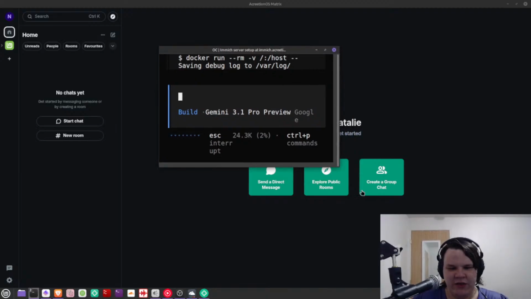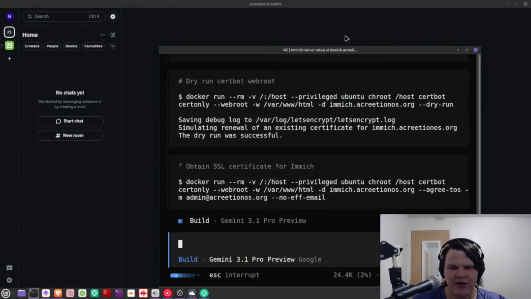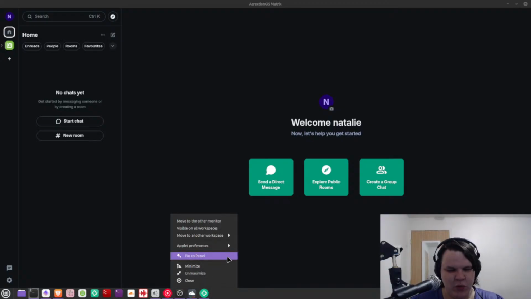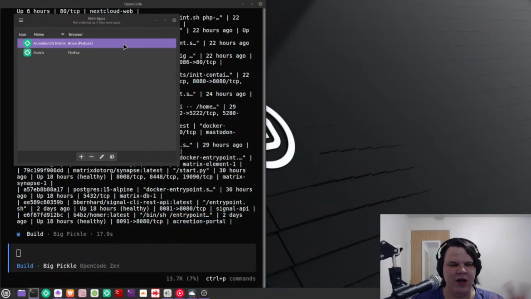If you're curious, this is just running commands to be able to work on the Docker stuff with the image server. That's it. You guys don't need to really stare at that. It's not very interesting. I'm gonna pin this to panel. So we'll put you over here. I'm gonna go ahead and kill this. I will eventually make the server in there. One thing at a time though.